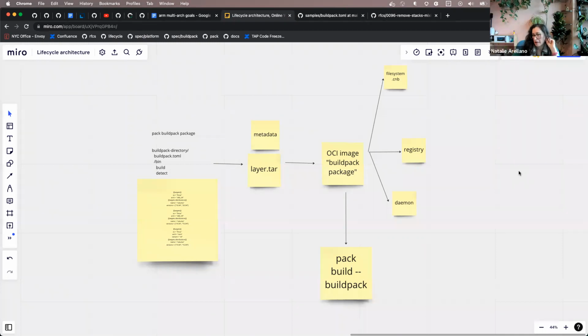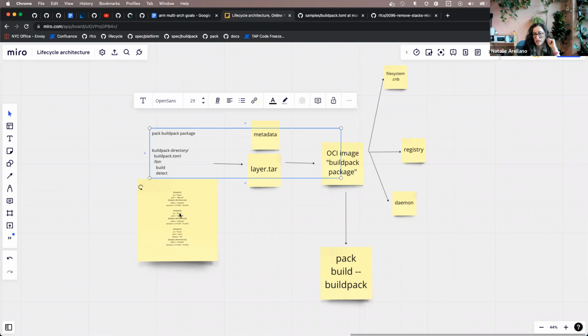I think that's maybe why Ryan was interested in being part of this discussion, right? Because they have so many buildpacks that they maintain. Yeah. And I think what has been proposed as part of this RFC, and what we're planning to implement, is that if you're writing Go buildpacks, you're going to have to have two buildpack directories, one for ARM and one for AMD64, right?